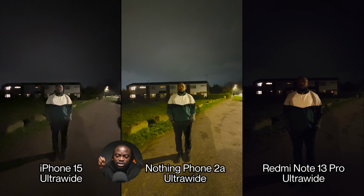Again, like I said, this first round without night mode active, in inverted commas. Discount the Nothing Phone 2a because I don't think it really disables night mode, even though the toggle's there on the main camera sensor. I personally think Nothing should create a separate dedicated night mode and allow us to turn it off, just because if we want the fastest capture speed without night mode, it's going to be the best way to capture it. Now with the ultra wide, definitely in this situation, it's a struggle on all of them, but